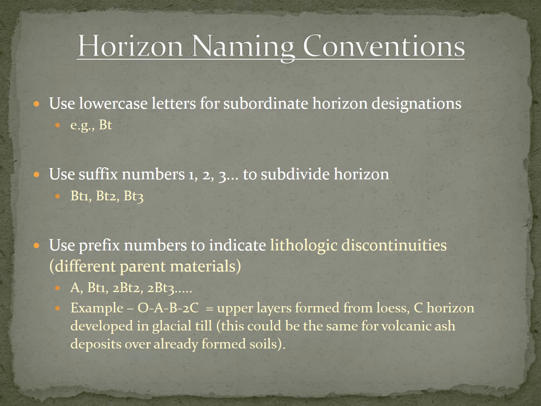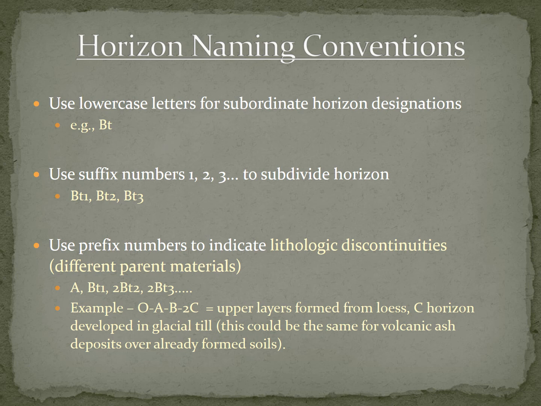So there's some horizon naming conventions. Example, BT. We use the uppercase B and then lowercase subordinate horizon designations to describe what's happening in the B horizon. Now, one thing you need to know about B horizons is that you will never, ever, ever describe a profile where a B horizon is naked, aka it does not have a subordinate horizon designation. Okay, B's must always be followed by a lowercase letter to describe what is accumulating in them, because by definition, they're accumulating something. So anytime you have a B horizon, you have to indicate in a lowercase letter what is accumulating there.